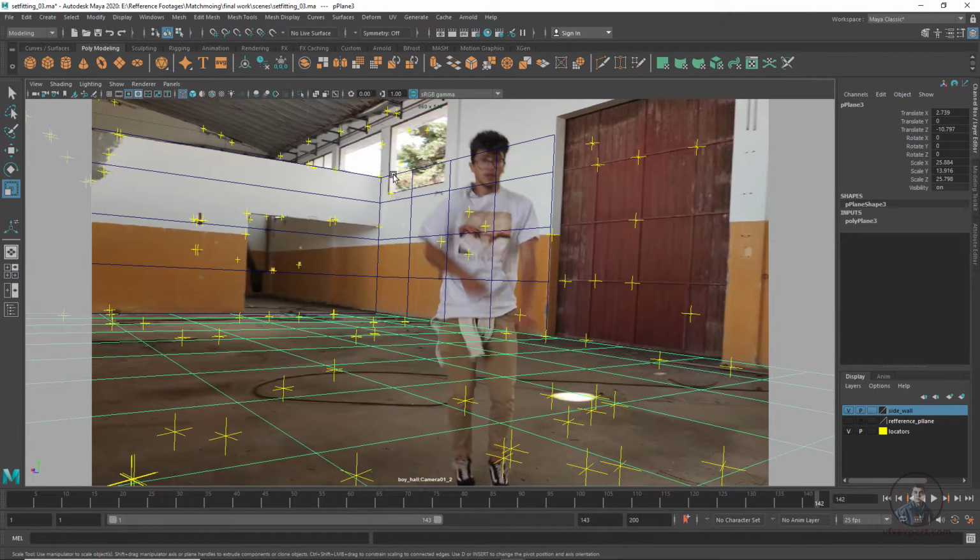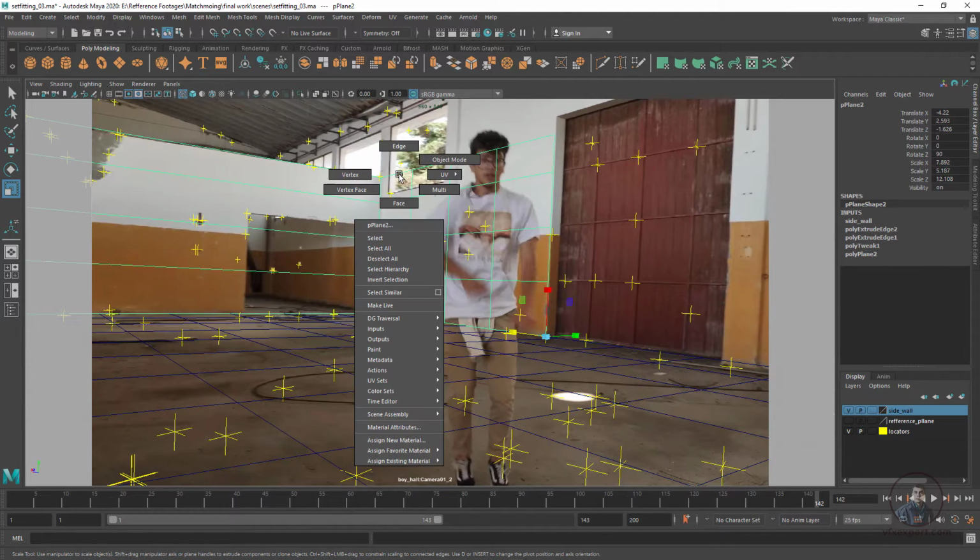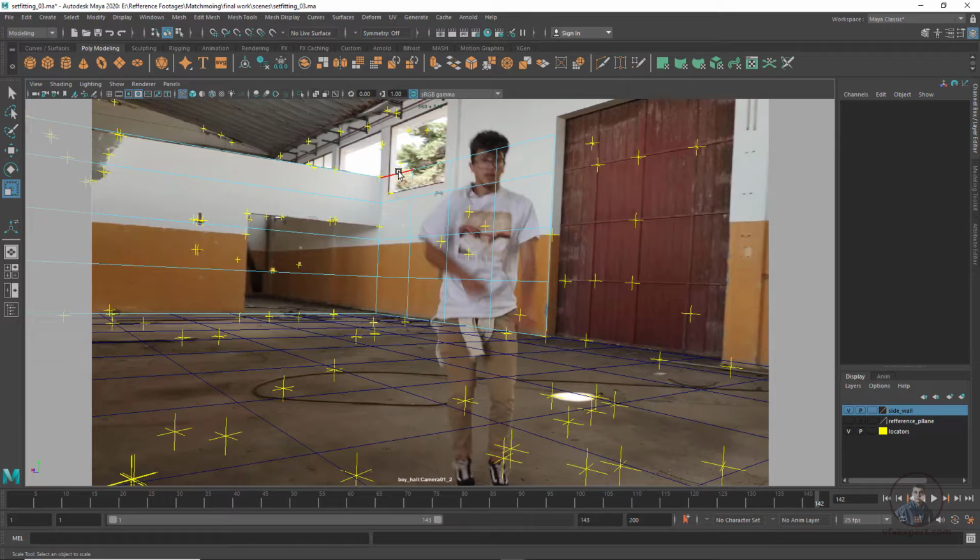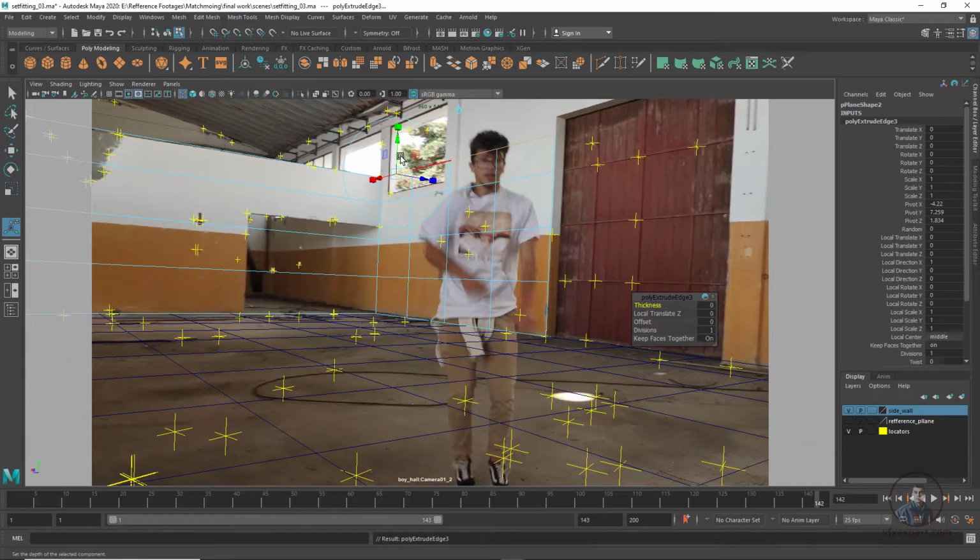So now I am going to extrude these edges up to here, a little bit. So again right click, then edges, and make a little bit of extrude here. Maybe here I am going to make it a straight wall, but if you want, you can bend it here.